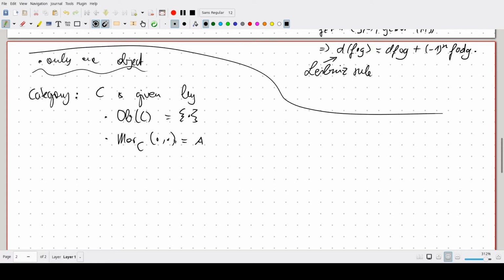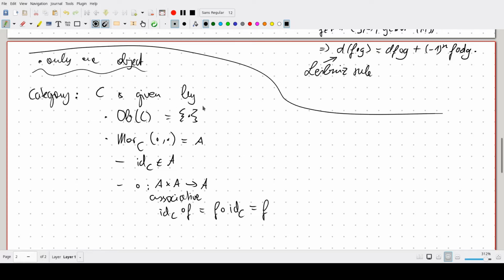And now what sort of structure do we have on A? Well, we have a couple of things. We have the identity on C, which is an element of A. Then we have composition, which is a map from A cross A to A. It's associative, together with the property that the identity composed with anything is that same thing composed with the identity,